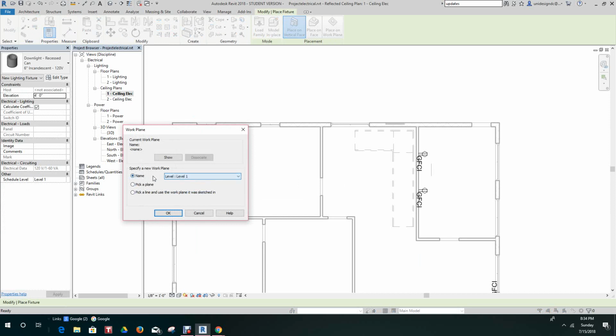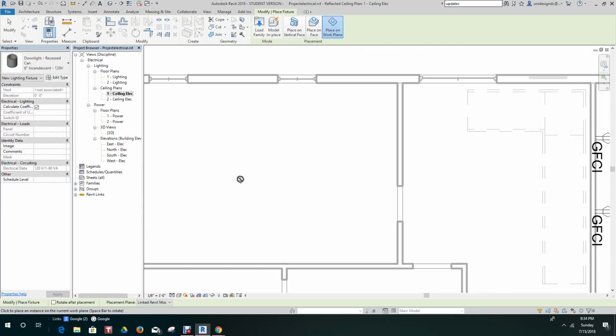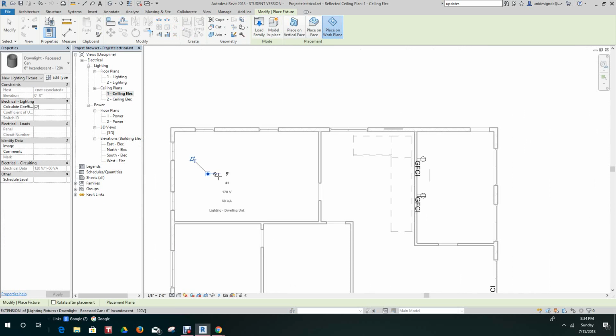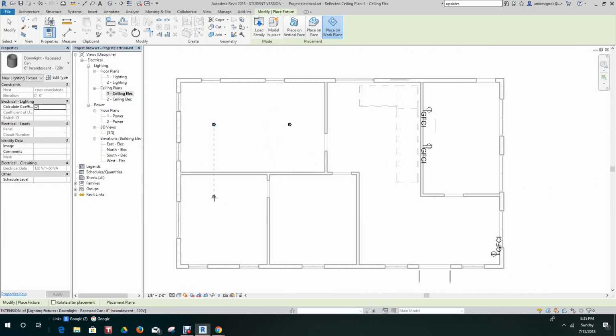Level, wait a minute. We want to pick a plane. Okay, we'll pick our light. Now we picked our plane, so we want to place a light here. I'd say one there. Let's just place some lights anywhere in here.